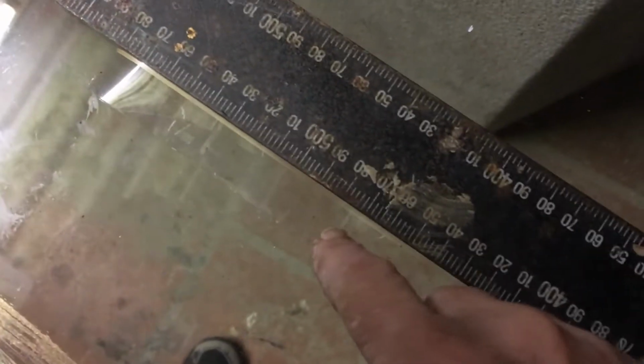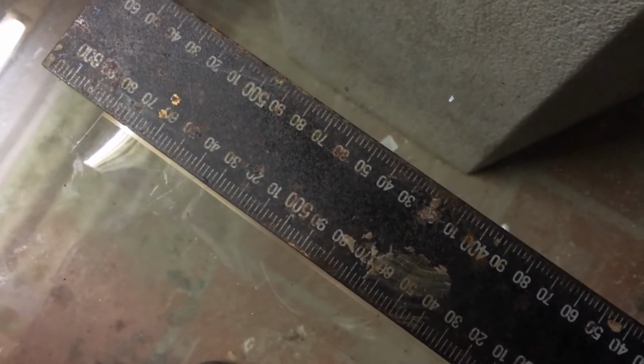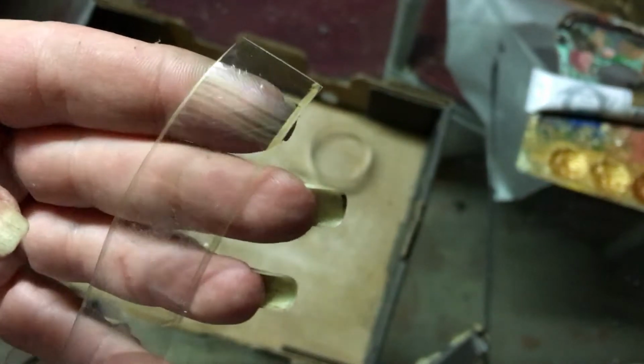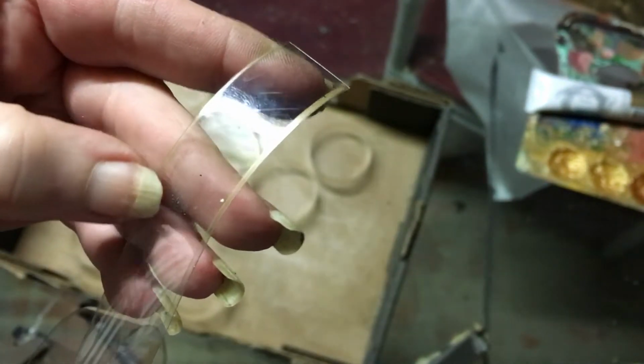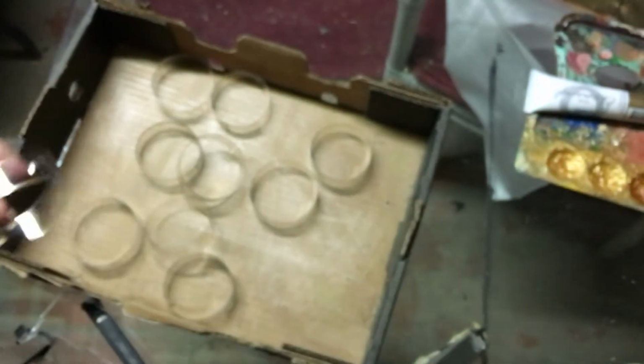I've marked my 2 centimeters on my plastic now. I'm going to just cut those out with a pair of scissors. So when marking the rings, I used a gold marker so that I can get a line in the middle as well, because the next thing we're going to be doing is